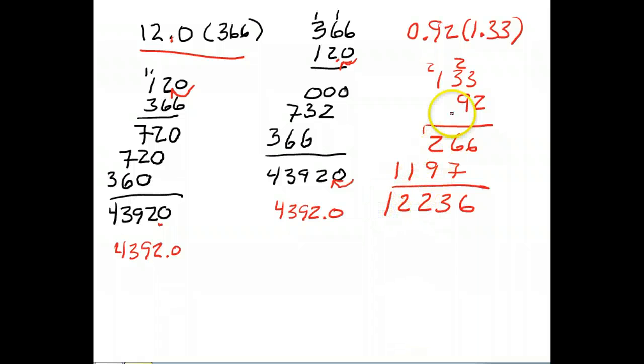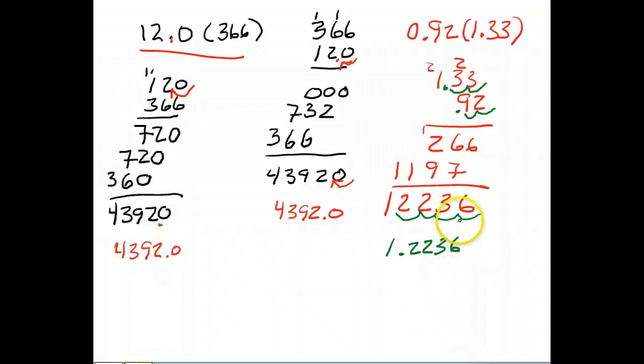a number that looks huge. However, once we put our decimal points back in, we had one here and we had another one here, and we realized the original problem had 2 decimal places here plus 2 more decimal places here. That's 4 decimal places. 1, 2, 3, 4. Our final answer is